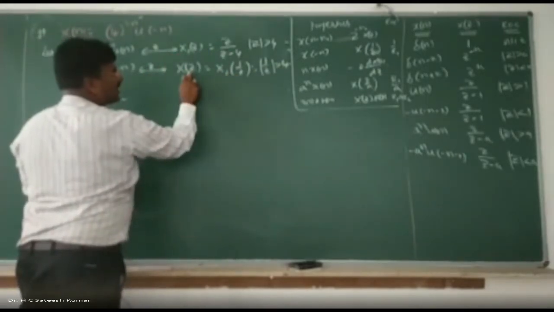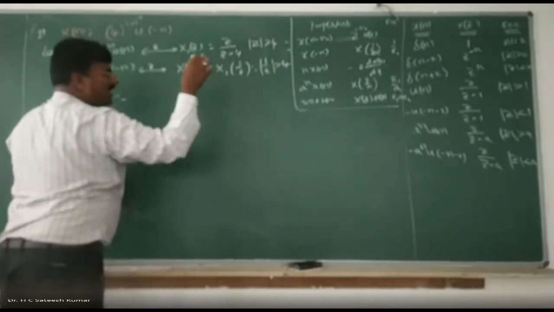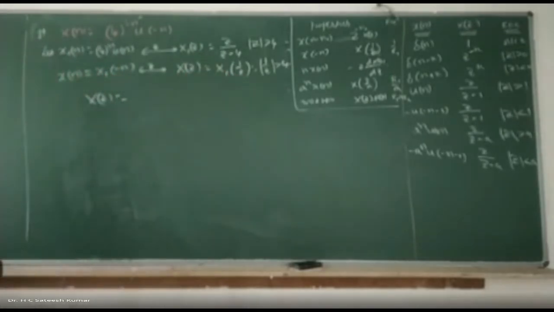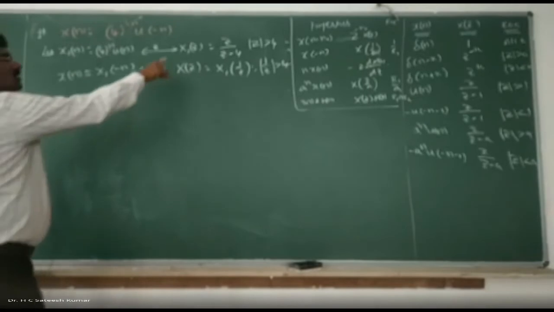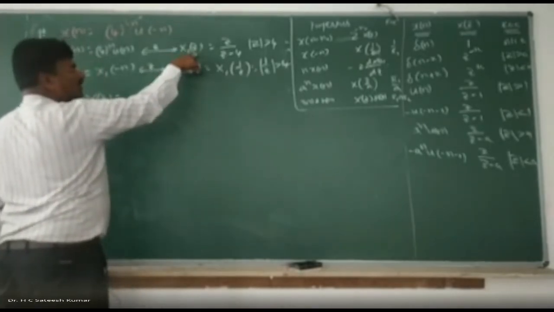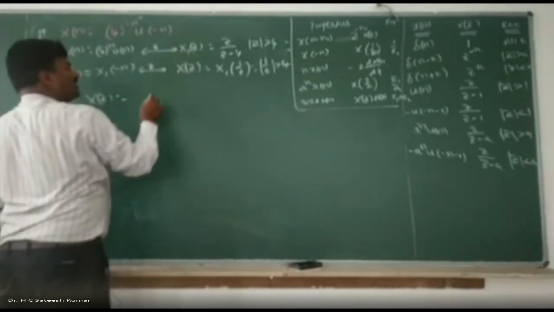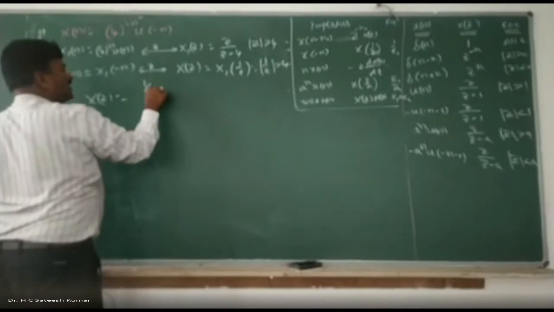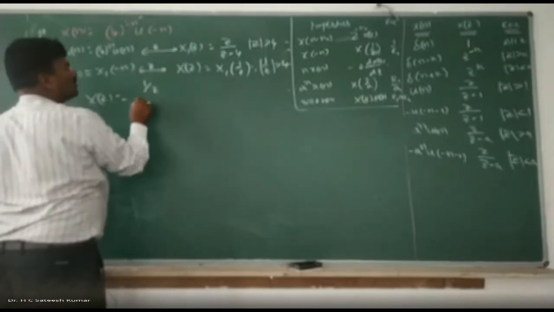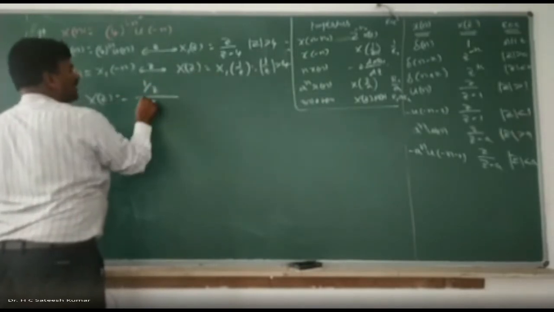x1 of 1 by z is nothing but, in x1 of z, replace z by 1 by z, you will get x1 of 1 by z. So x1 of 1 by z I want. x1 of z I know. So wherever z is there, put it 1 by z. 1 by z divided by x of z is equal to 1 by z divided by 1 by z